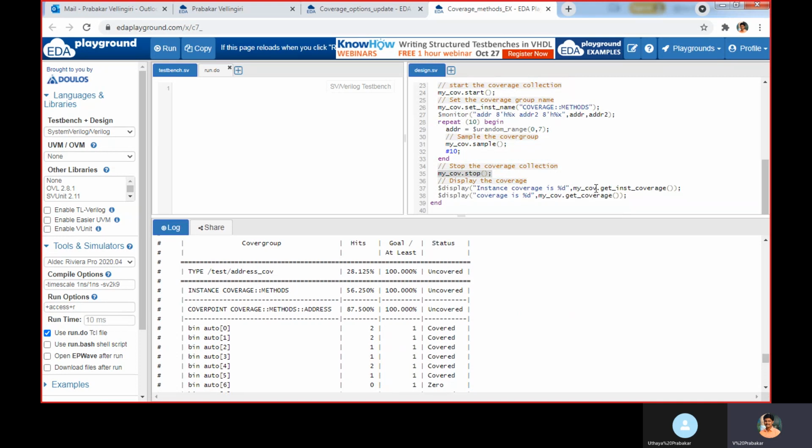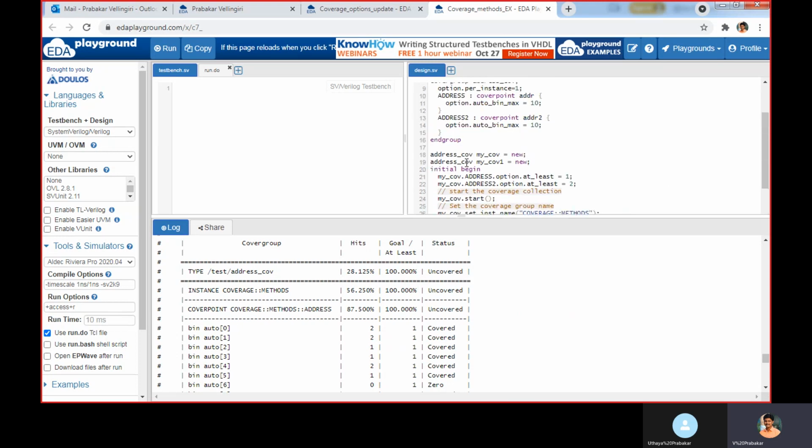Then using the get_inst_coverage method, I'm going to print the instance coverage, and get_coverage gives the overall coverage for the type address_cg. The auto_bin_max we already discussed.